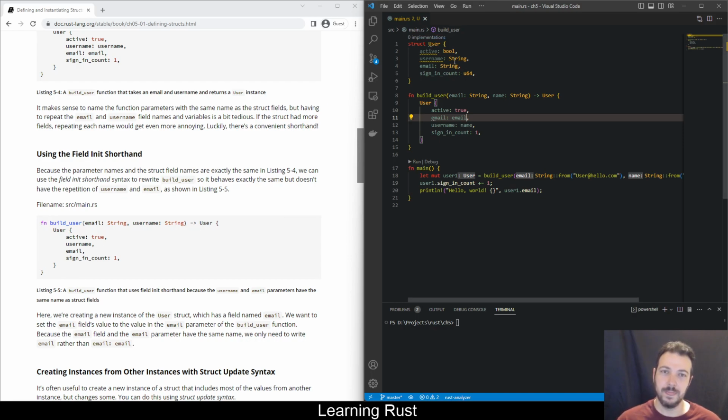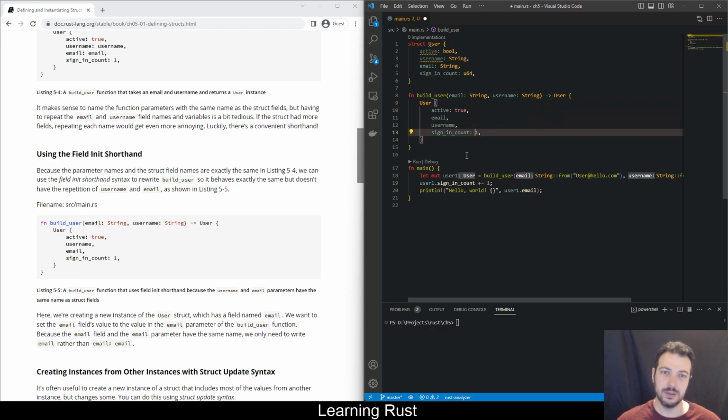So if I have this username and email, I can omit it, because it has the same name. But I cannot do it with a name, right? This will be an error. But if I change it to username,